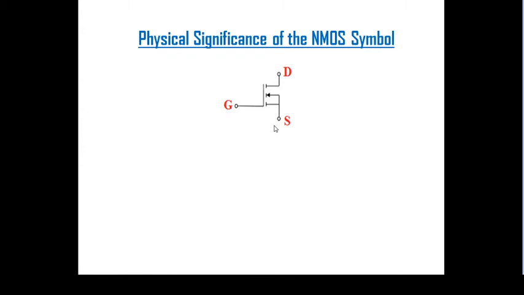This one is the symbol, and I am saying this is an NMOS symbol. Now, three broken lines are there, 1, 2, 3, and there is some gap in between. These broken lines signify the absence of channel between drain and source. There is no channel formation between drain and source, so that's why this one is enhancement. We will cover why enhancement later, but for now just think about this. If a figure is like that, we can say this is enhancement, and the broken lines show the absence of channel between drain and source.